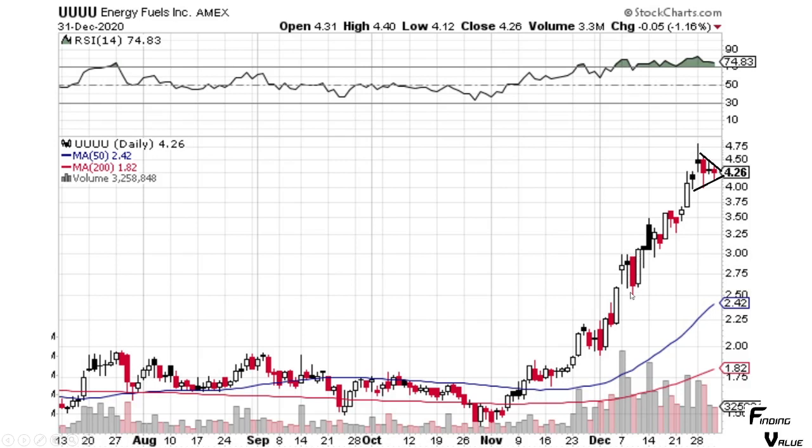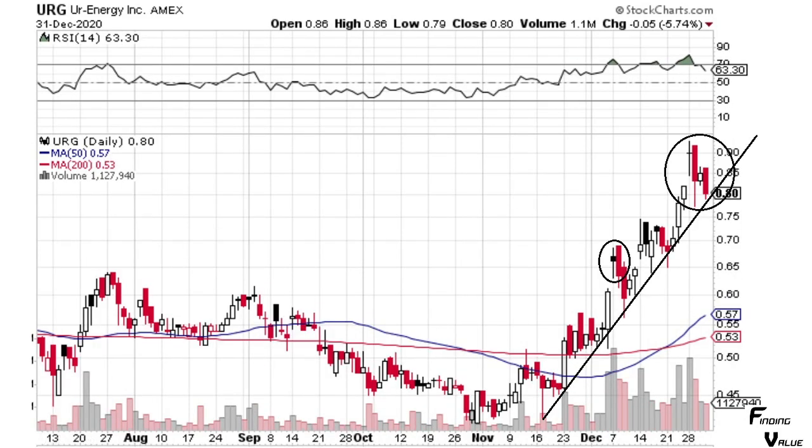We're still in this uptrend. And here we just have a little consolidation pattern. So UU does not exhibit the traits of one that's going to necessarily fall. This actually looks like a continuation pattern, potentially. Now I'm going to get into one that looks different, and I'm going to show you a bunch that do